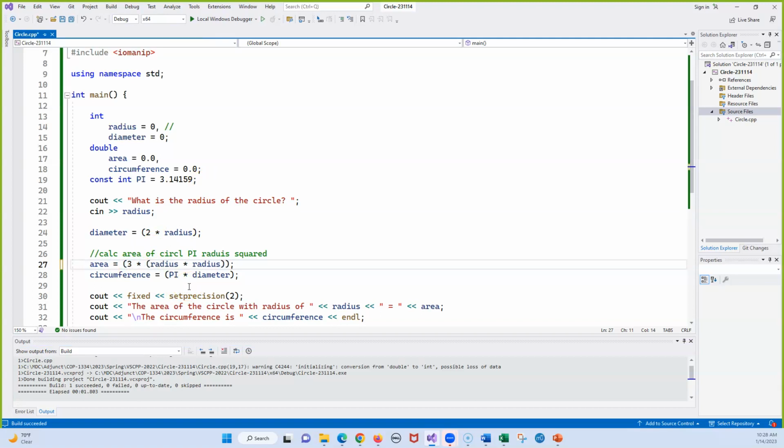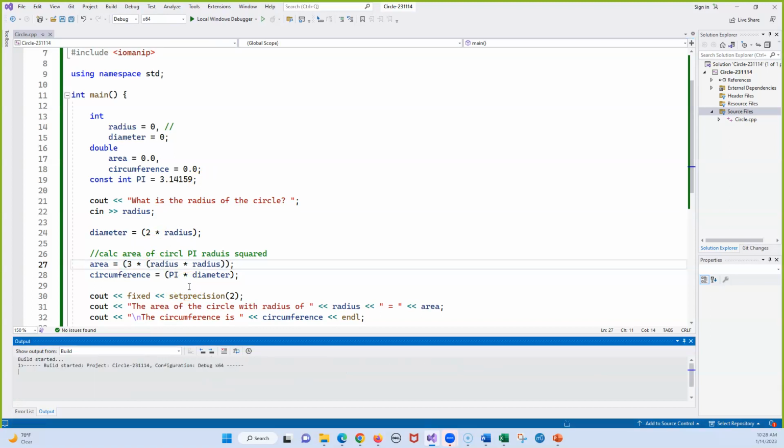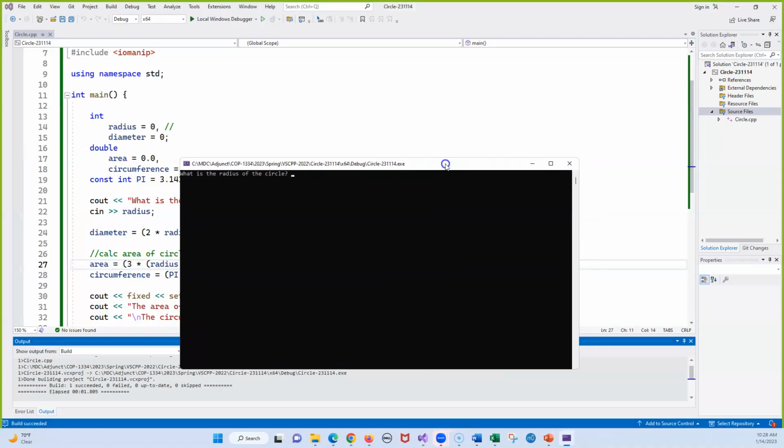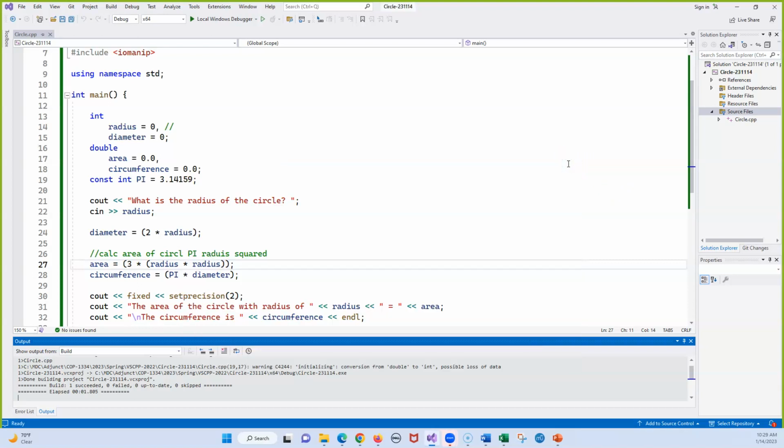Let's put in 3. We'll do 5. Wait, 75 and 30. How is that possible? And the answer is very simple. Remember, we're talking about integers and floats. Integers can only hold whole numbers. So what happened here is I typed in